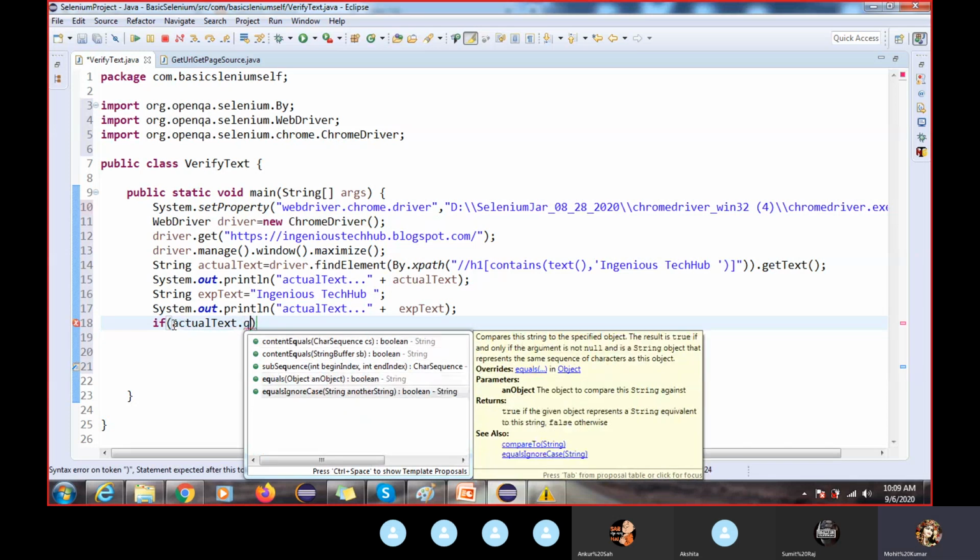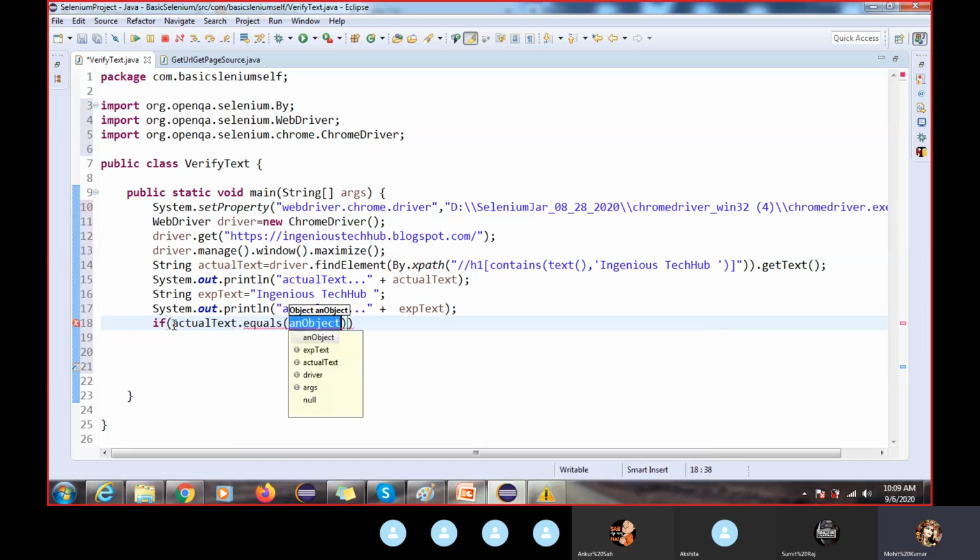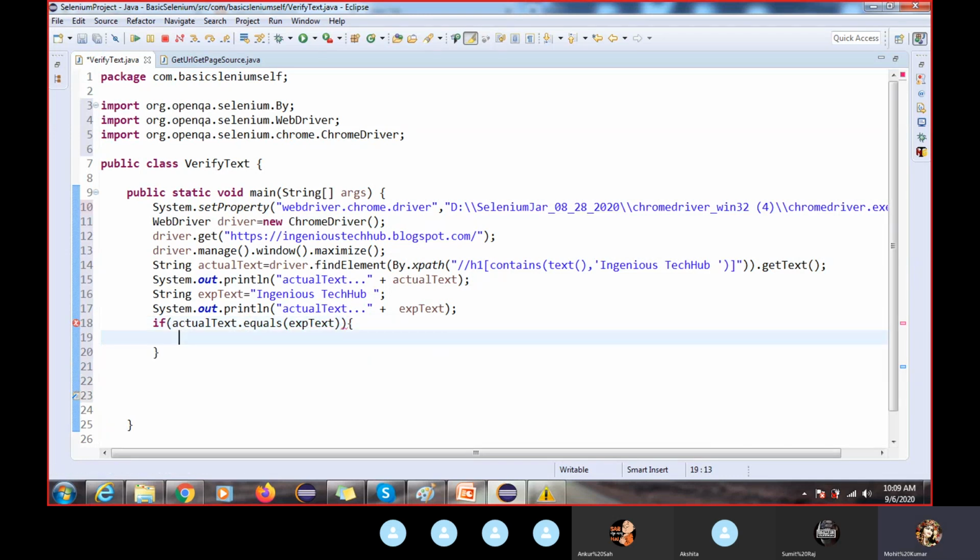The equals method will compare a string to a string. So I'm comparing: if text is matched as per expected value, I'm writing exp only, then print "test is passed, text is matching as per expected value."